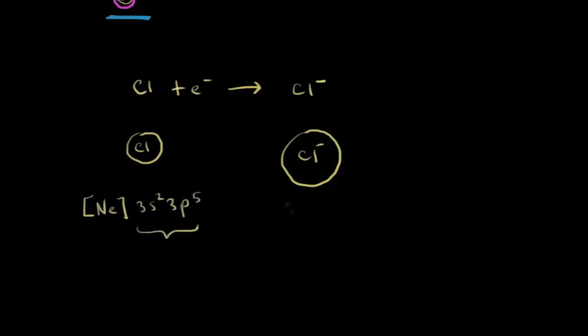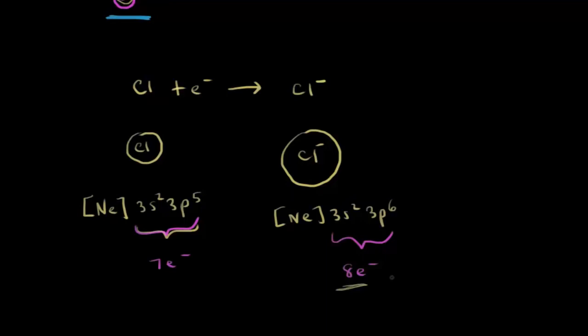For the chloride anion, you would start off the same way. You would say neon in brackets, 3s2, and you would be adding an electron to it. So it wouldn't be 3p5, it'd be 3p6, like that. And so now this would give us 8 electrons in our outer shell, and this would give us only 7 electrons in our outer shell. Now, the explanation for the larger size of the chloride anion in most textbooks is that the addition of this extra electron means that those electrons are going to repel each other more. You have 8 of them instead of 7, and so because they repel each other more, it gets a little bit bigger. And that makes sense, but you'll see some people disagree with that explanation,